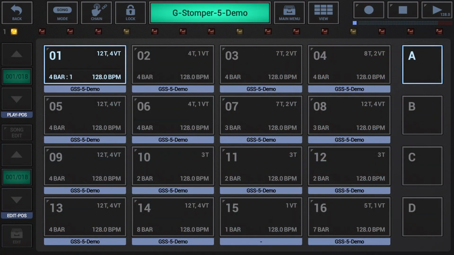The pattern set live arranger is used to switch between the different patterns while the sequencer is running. A switch from one pattern to another is called a pattern change. A pattern change occurs when you tap one of the pattern slots,